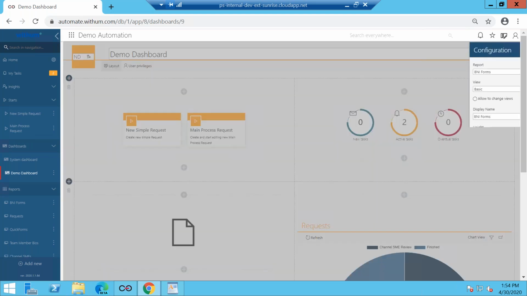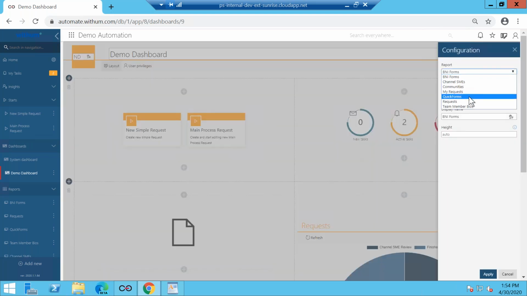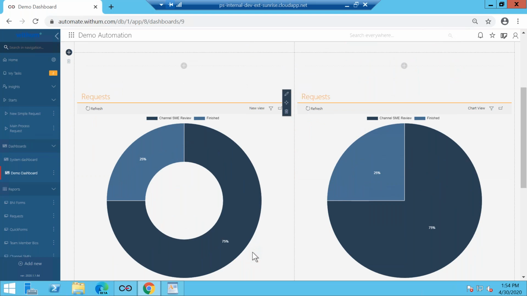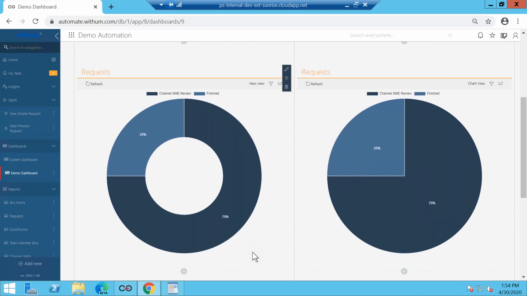All I want to say is this dashboard is made up of discrete components. Each of these components you're seeing as a widget in one of our dashboards, but each of these components is actually also displayable inside of SharePoint as a web part, or also displayable inside of Teams as a tab. So when you build these, they're actually meant to be reused over and over and over again. And if you like going to our portal for our dashboards, that's great. You're not limited to our content. We don't have time for this, but you can also embed Power BI reports in here right alongside our own stuff.